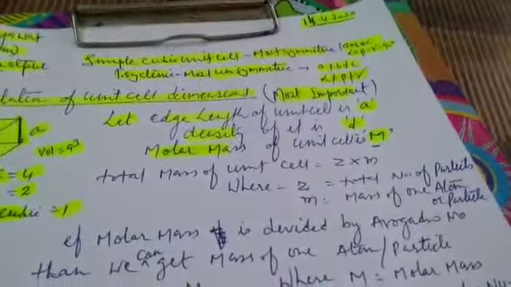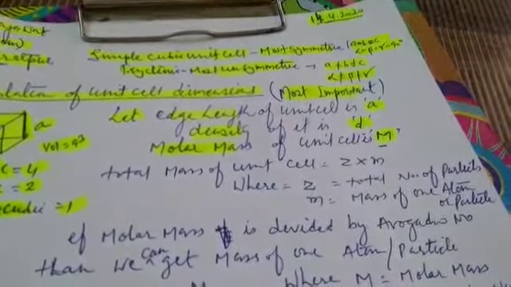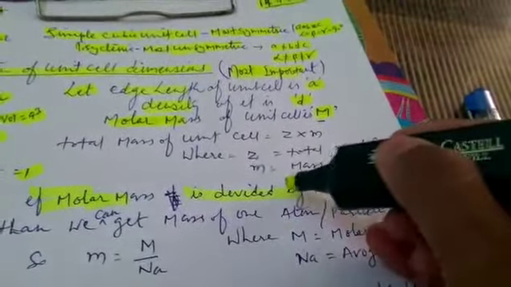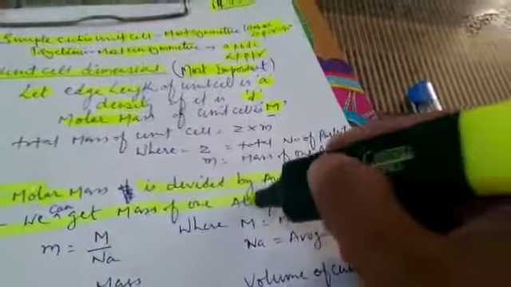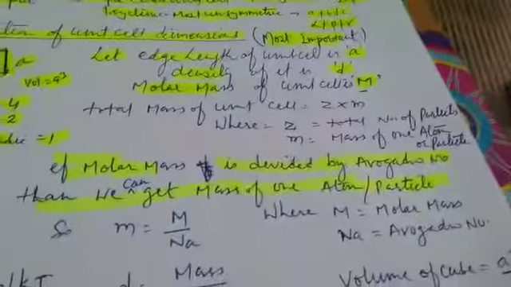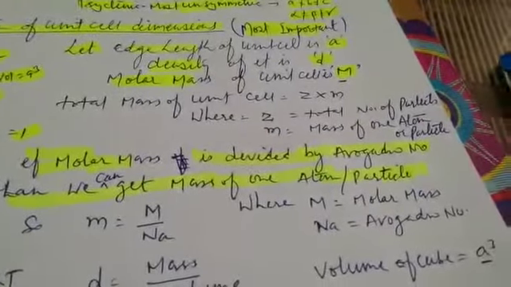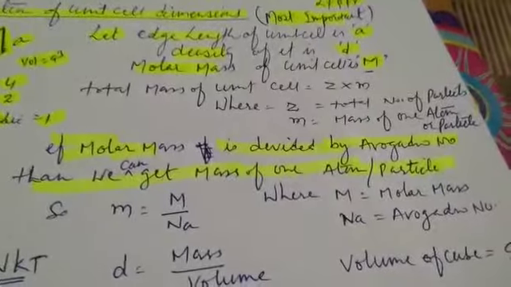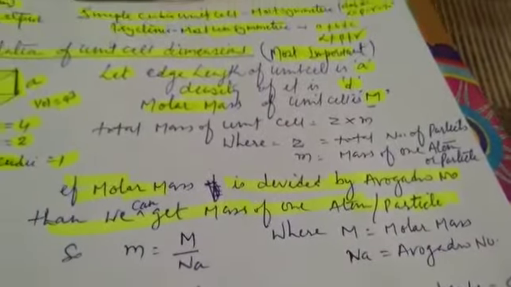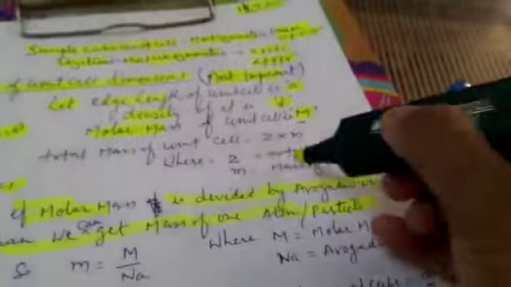Molar mass of the unit cell is M. Molar mass refers to the mass of particles equal to Avogadro number. If molar mass is divided by Avogadro number, then we get the mass of 1 atom or 1 particle. Now let the mass of 1 particle be small m,